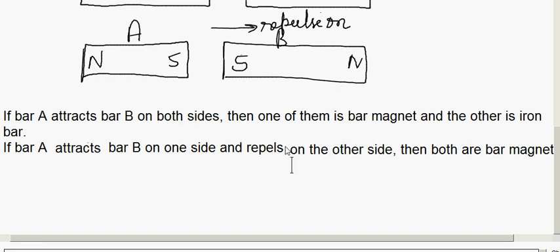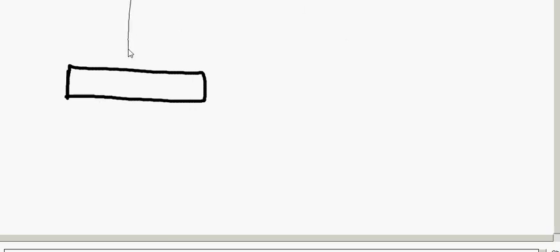Now to find out which one is magnetized and which one is not, what we do is you have to place one bar horizontally, the other bar vertically. So if one bar is magnetized, the other one is not, we have to place something like this. One bar horizontally, the other bar vertically. Similarly here, actually these are similar magnets.